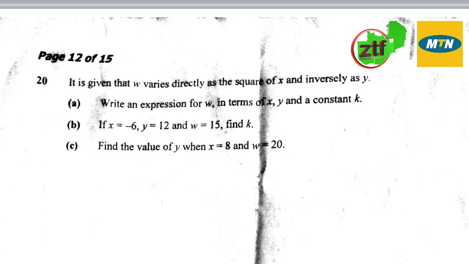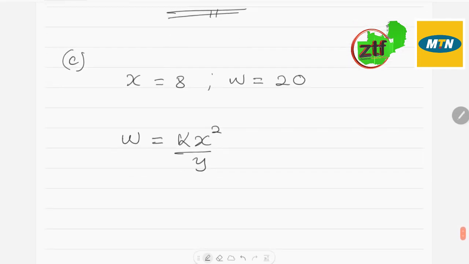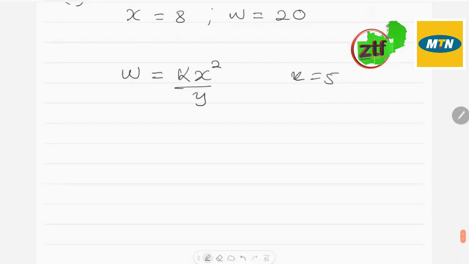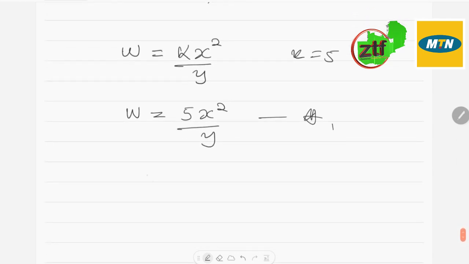Now, we have our general expression in terms of k as kx squared over y. But we just found our value of k as 5. We know that k is equal to 5. So our general expression will be 5x squared over y. Let me call this star 1. We have been given the value of w as 20, so we'll substitute